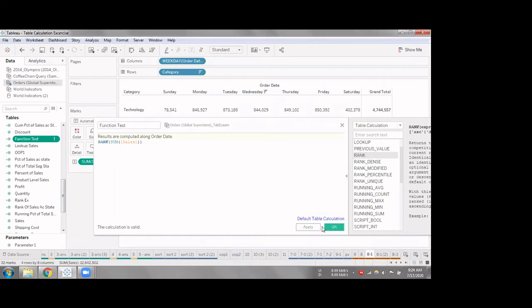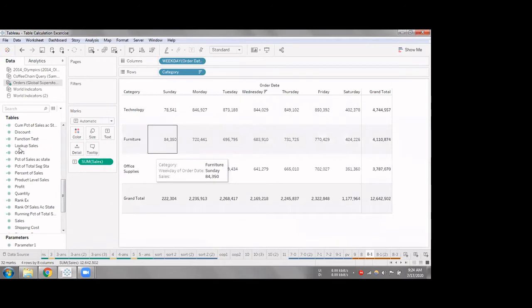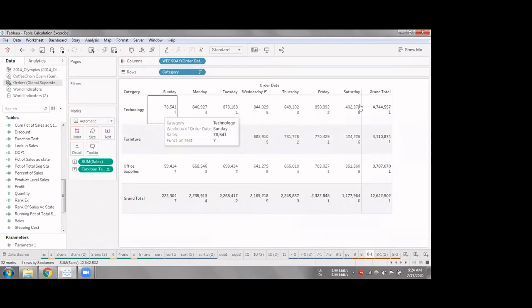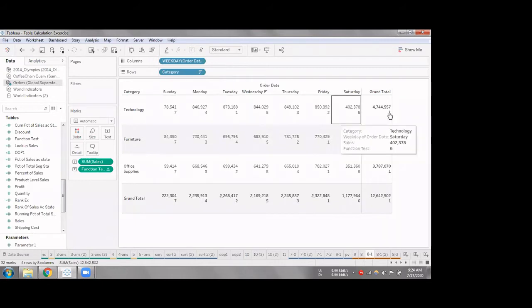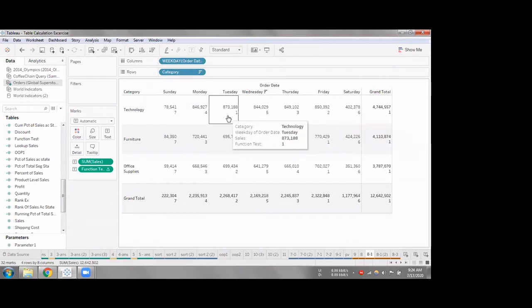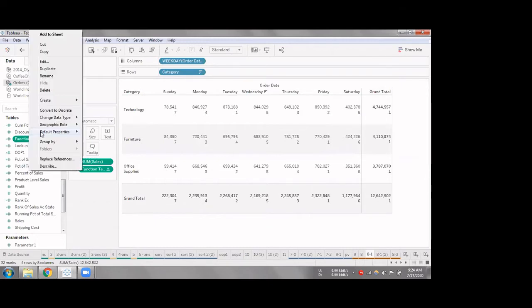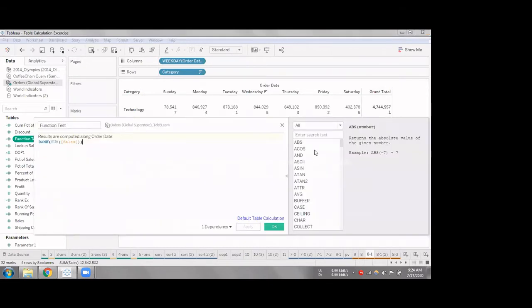So order date, and I'll click OK. It will give me rank. So for each of these categories, wherever the highest sales are, it's giving me rank 1, and likewise. So it's a normal functionality that you are already aware of.